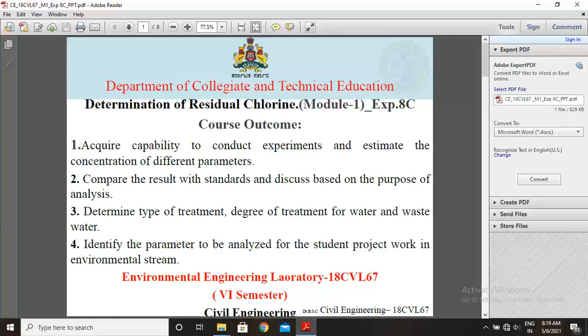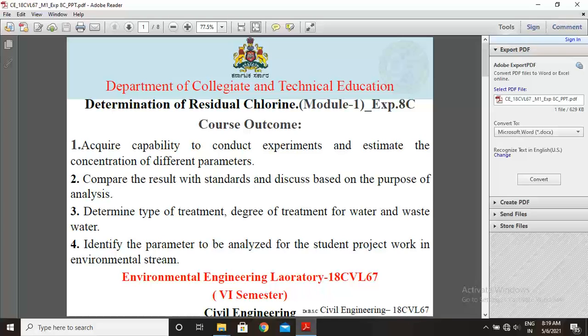Today I want to explain the determination of residual chlorine for the given sample, of module 1, and the experiment number is 8C. For this experiment,